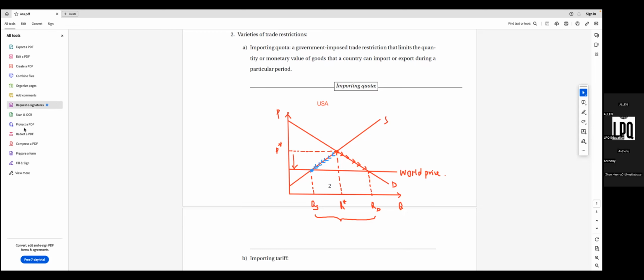Okay, so the gap, the difference between QS and QD here, is called the Q of importing. This is a result. If we do free international trade, you see the Q of importing is kind of a big gap here. So the market imports a lot of pencils from China. Okay, so if domestic producers shut down their business, reduce the quantity they produce,